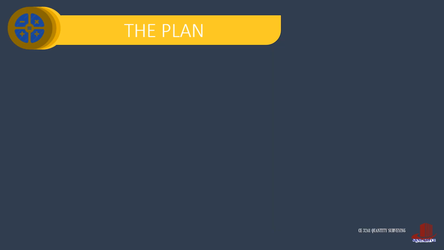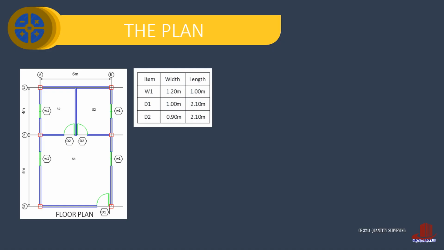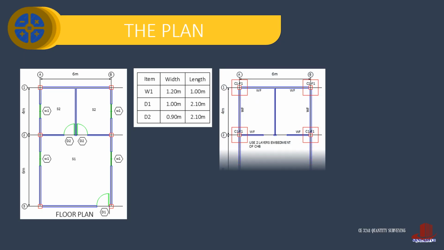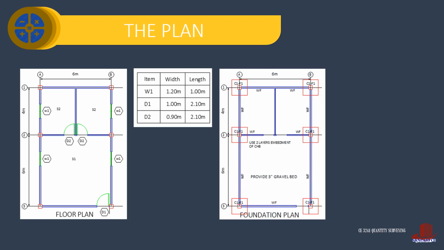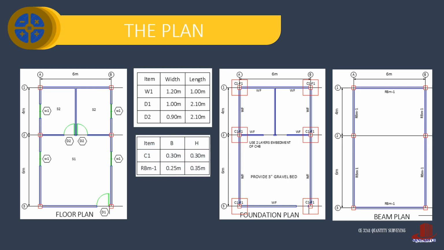The plans necessary to estimate concrete works are the floor plan, showing the width and the length of the building, and the location of openings, where we need the doors and windows schedules. Beneath the grade is the foundation, so the foundation plan is also required. This shows the designation of the column and footings, then also the wall footings, which means there isn't any beam underground. There is also the roof beam plan and the details of the columns and the roof beams.